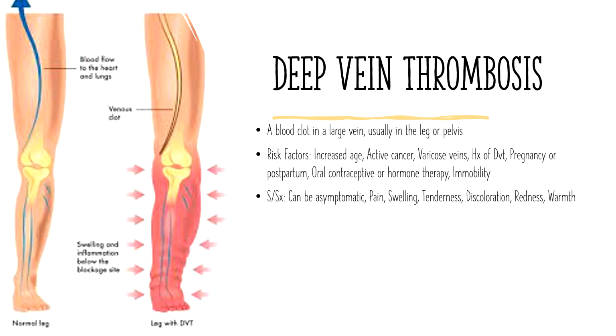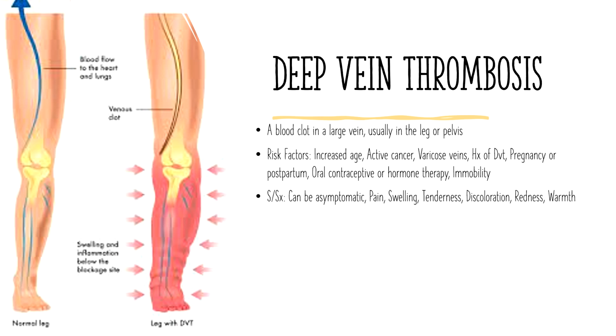Switching over to DVTs, we talked about venous insufficiency last class, where we talked about if the valves weren't working well in our patient's legs and they're not able to get the deoxygenated blood back up to the heart, and then things are kind of sitting, and we can see some changes here. So in this slide, we're talking about having a clot in our venous system, usually our leg or our pelvis area. Risk factors for this one: varicose veins, history of DVT, being pregnant or postpartum, advancing age, having active cancer,